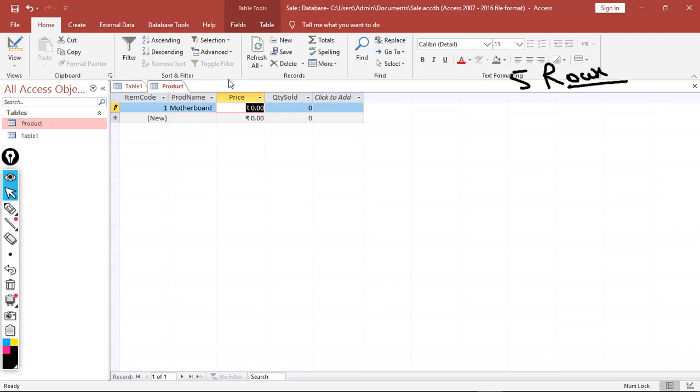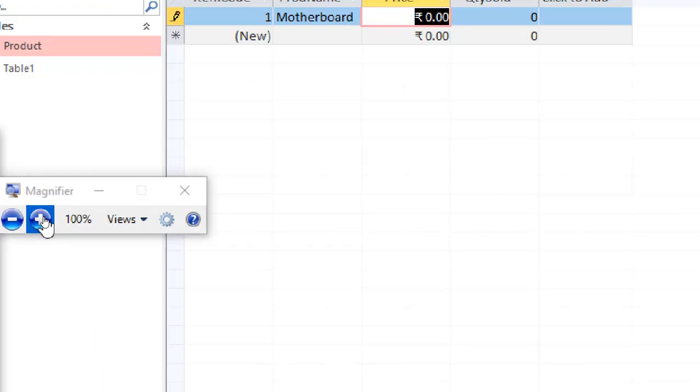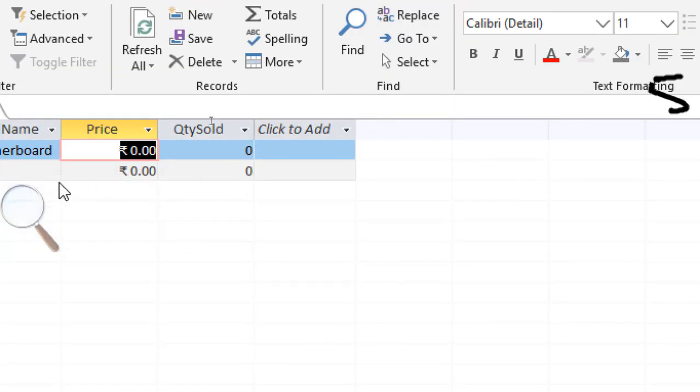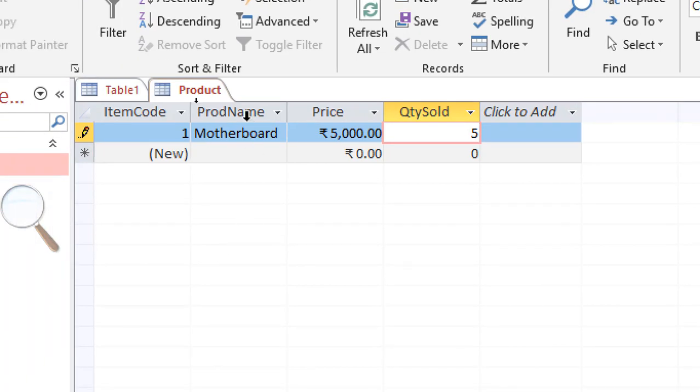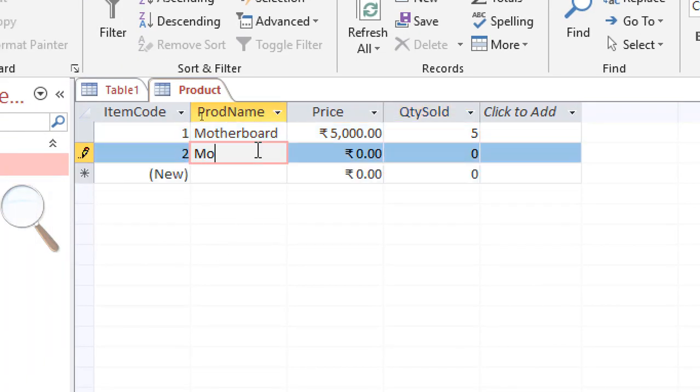Let's say the price of this component is 100 rupees, or no, it's not 100 rupees, it is more expensive. I think it will be visible to you all now. Let's say the price of this component is 5,000 rupees. A good motherboard's price is about this. And suppose somebody has to purchase 5 such motherboards. Then let's say our second product is a mouse. It is a cheap product. And let's say we are purchasing some Bluetooth based mouse, so that will cost you around 300 to 500 rupees. Suppose you have to purchase 5 mouse.